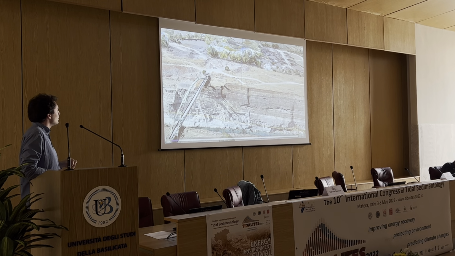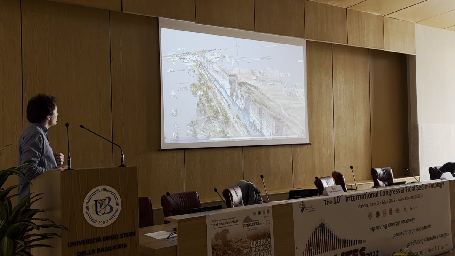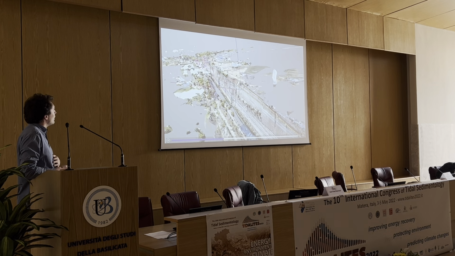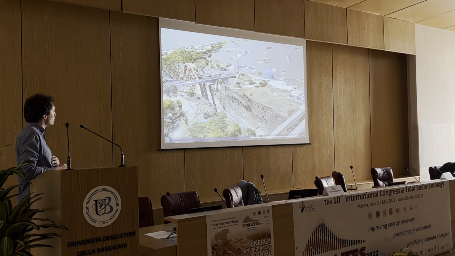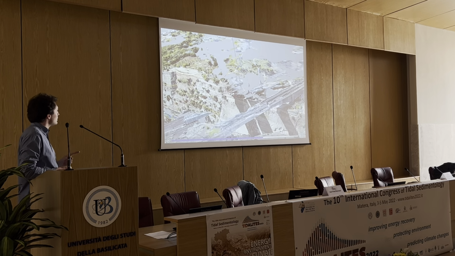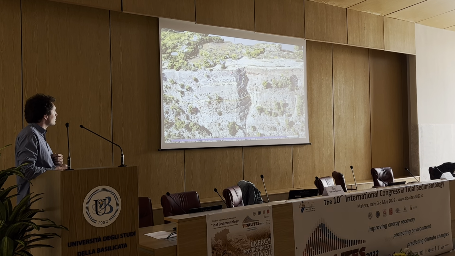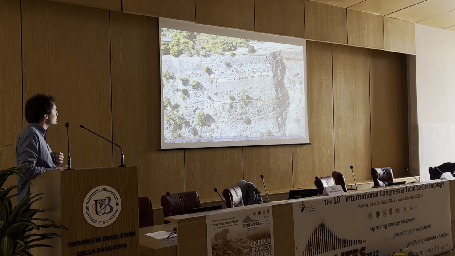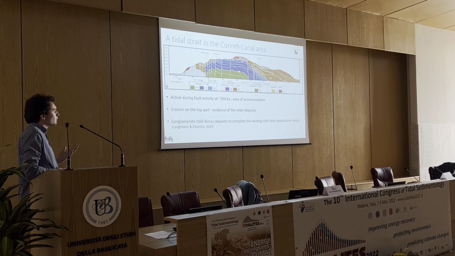So now, if we go to the other side of the canal, you can see here the central horst, and here you can see that the facies association number 6 is reappearing. But this time, what's important to look at is the direction of the main downlapping direction, which is towards the southeast in this part. So we can sum up that we are in a former strait with two opposite directions